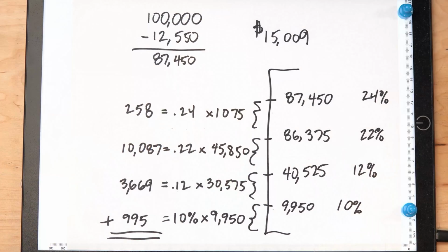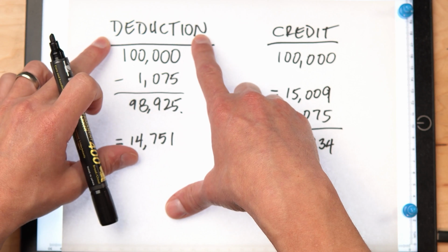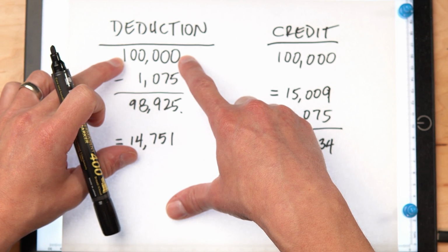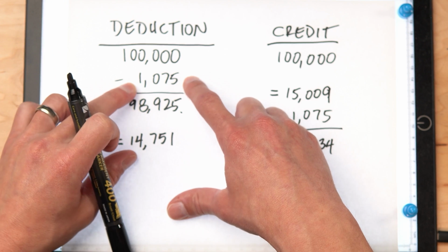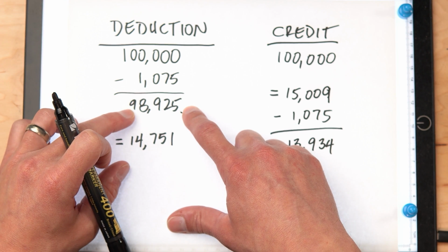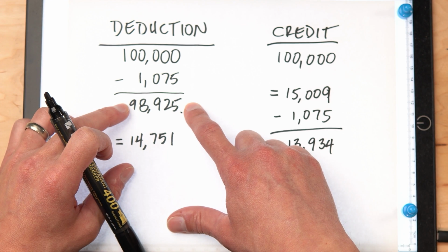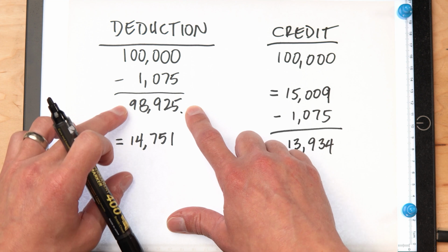Now, what we want to take a look at next is comparing it. We have an illustration of somebody that's earning $100,000 filing as single, and we've gone through those tax brackets. Now, I want to highlight what a deduction and a credit can actually do on a side-by-side comparison. So let me flip this over to our comparison. For a deduction in the same example, somebody that's earning $100,000 and has a tax deduction of, say, $1,075, that means their total taxable income is going to be $98,925. Now, if we take that math, $98,925, and calculate their total tax liability, that's going to equal